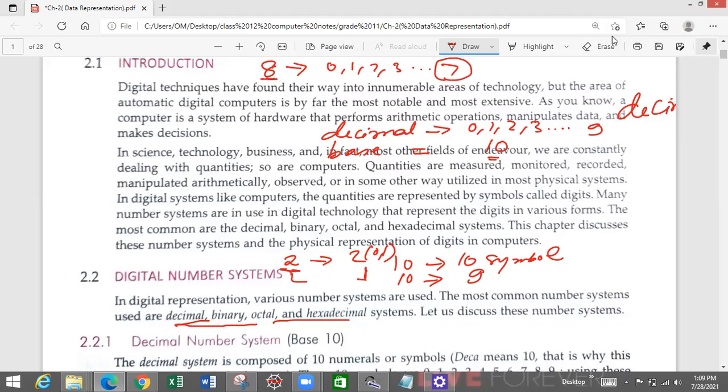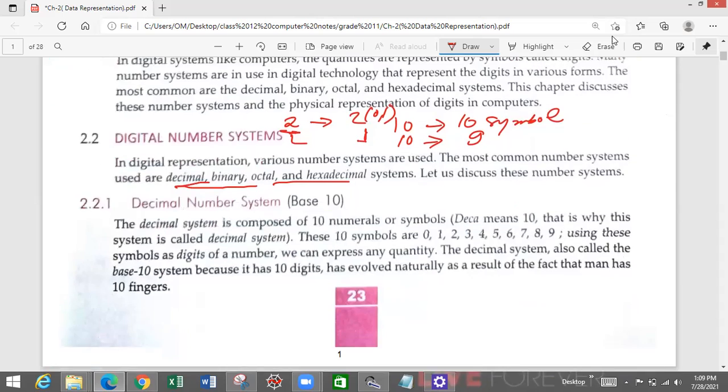Same way, if you talk about the hexadecimal number system, hexa and decimal. Decimal is 10, hexa is 6. So here the base is 16, and you will have 16 symbols. From 0 to 9, 10 symbols, and from 10 to 15, another 6 symbols. So a total of 16 symbols are there. Also, the highest value will be 16 minus 1, which is equal to 15 for the hexadecimal number system. So this is about the base and how this base is utilized to decide how many symbols are there and what will be the maximum value of any symbol in there.